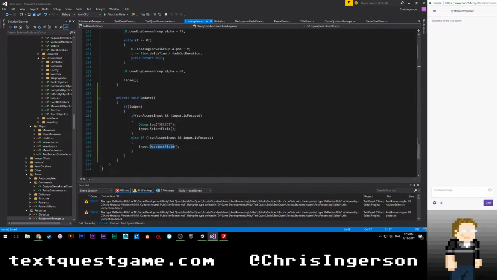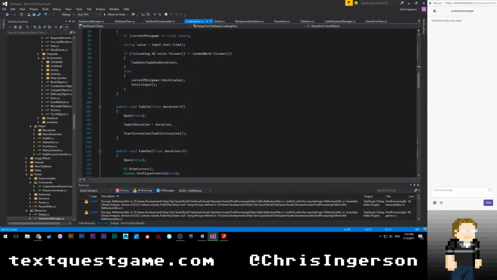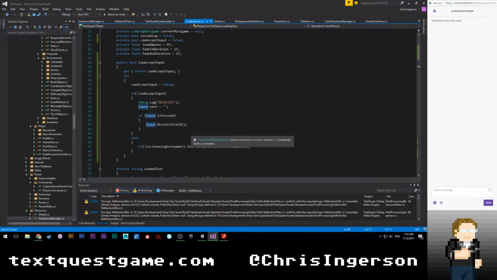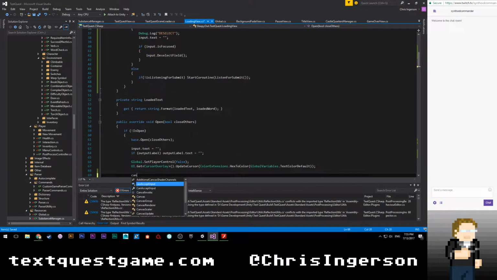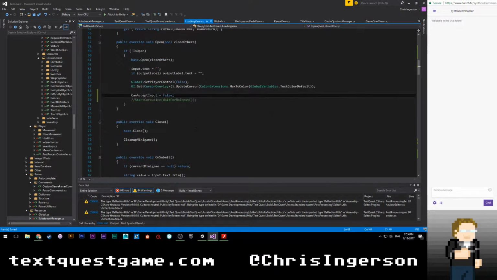Loading view. Here we are. So instead of just deselecting the field, I'm going to do a hard can accept input is equal to false here. That way it gets rid of the letter that you are typing. And once that's done, I think we'll be